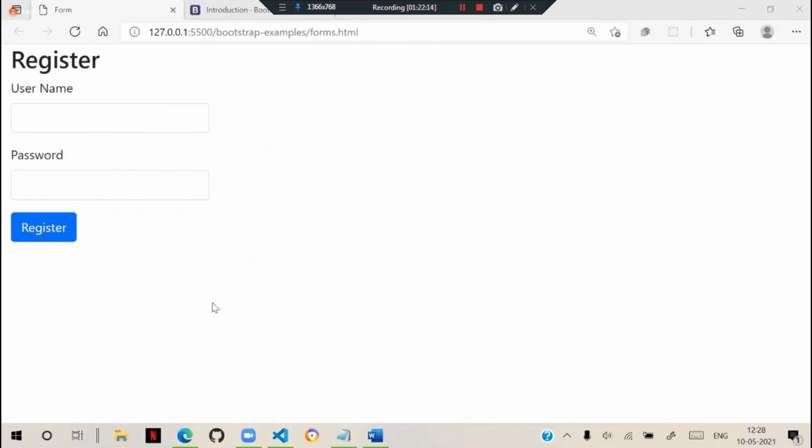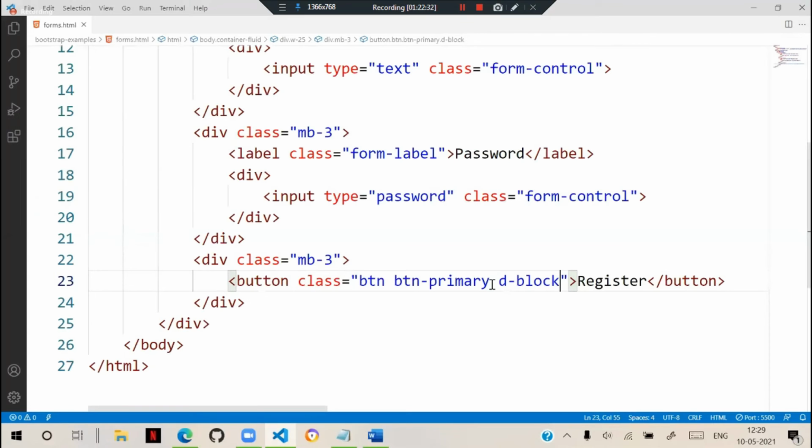I hope you are practicing. I showed you an example also. I told you how to keep a button block, fit. Earlier we had to use btn block. I told you a change now. So what change do we have to do?